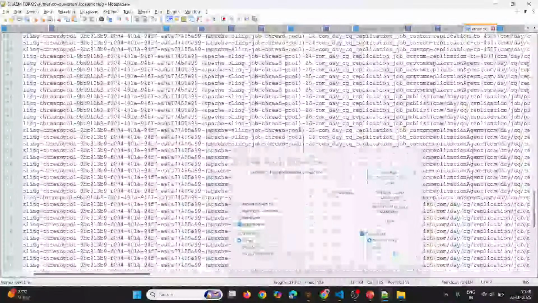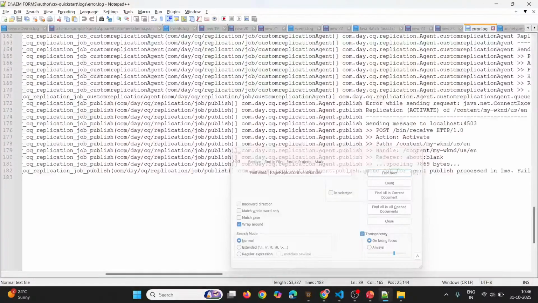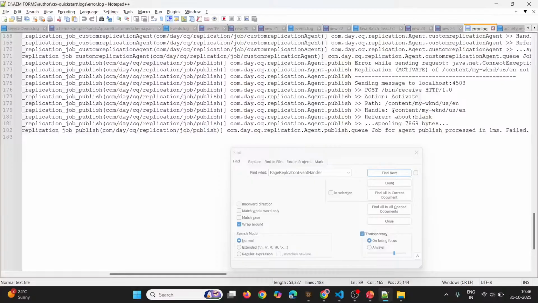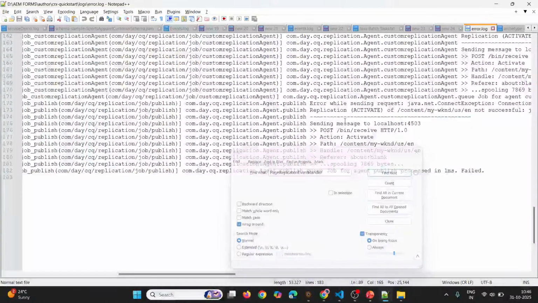So every time it will try to replicate, right? That's why it is throwing inside the log messages. Right now, the current path is not in the log state, so that's why the publish page is not in the active state on the publish server. So that's why it is trying to activate again and again. So these are the paths which it is trying to